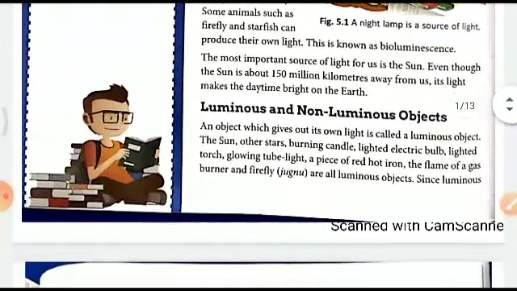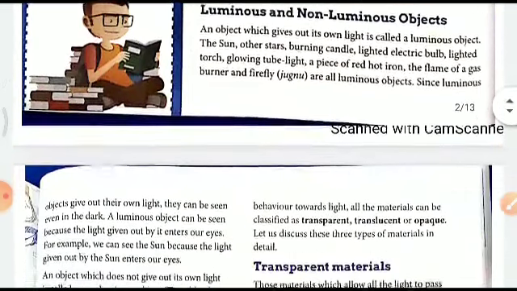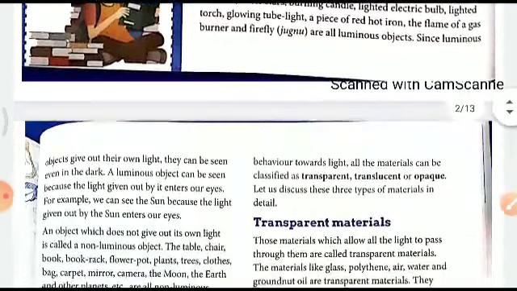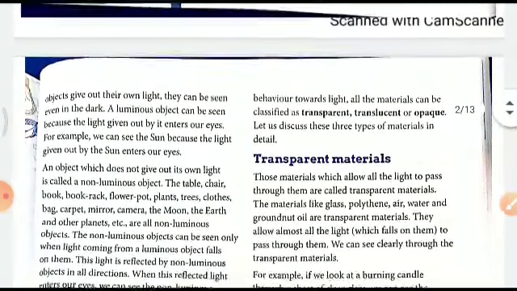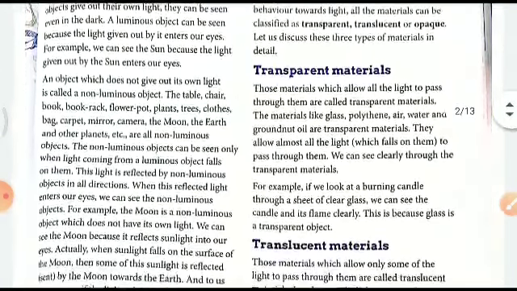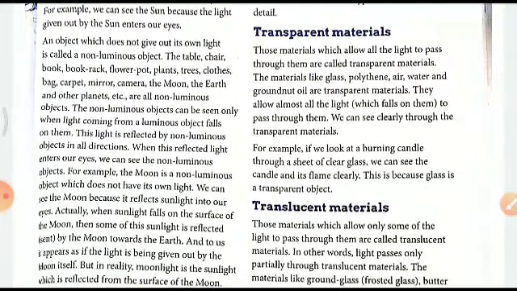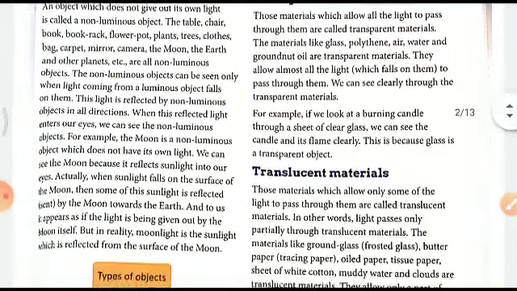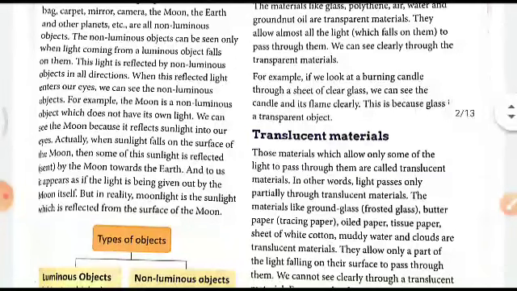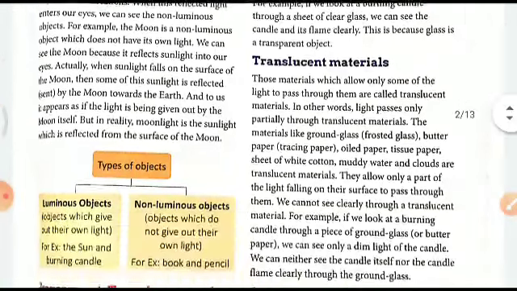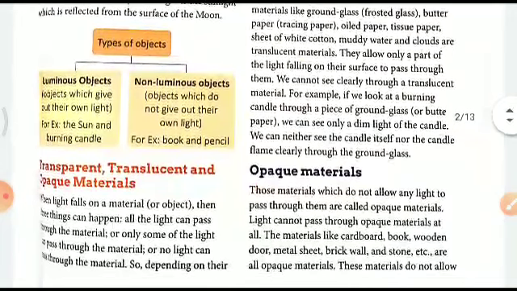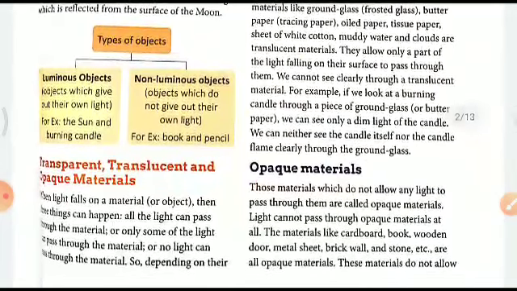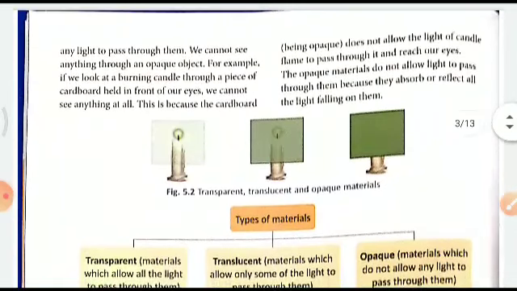Luminous and non-luminous object. In that we also saw what is bioluminescence, right, which is the cause of the firefly shining during nights. We also saw what are transparent materials through which light pass and we can see, translucent materials through which some light can pass and we can partially see, and opaque materials through which neither light can pass nor we can see. Then we also went on to see